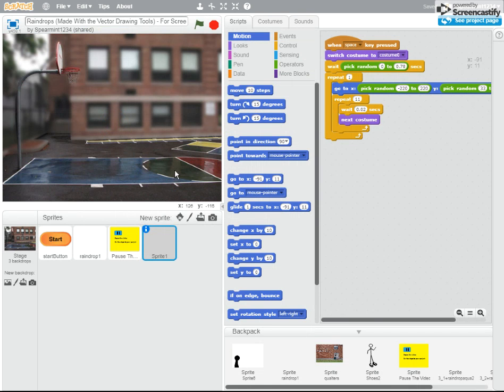I'm going to do it again just for fun. So I'm going to press the space bar, look at my drop. I think it looks